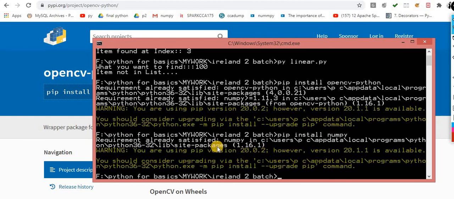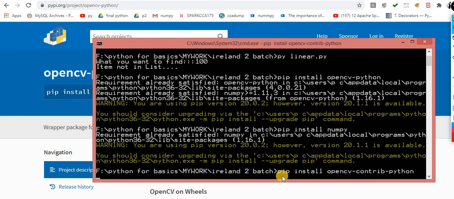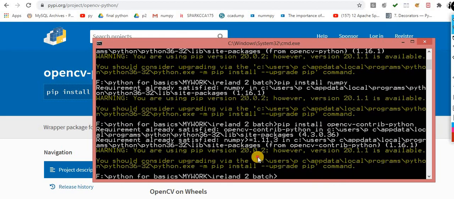This is another package, and there is one more package, and I suppose the name of that package is opencv-contrib, something like this. Let me try whether the package is there or not. pip install opencv-contrib-python. I am not sure about it, but 95% chances are this is the package. Let me try this, if it says the requirement, then yes, this is a package.